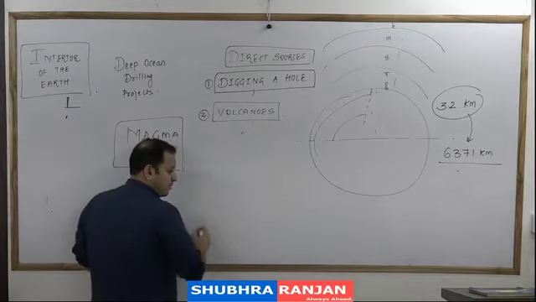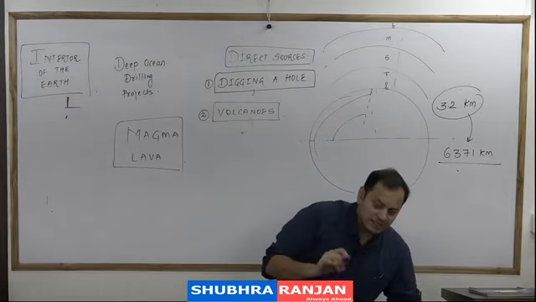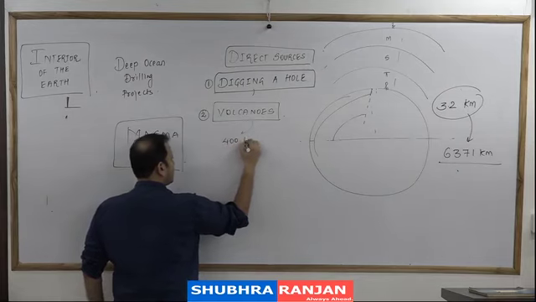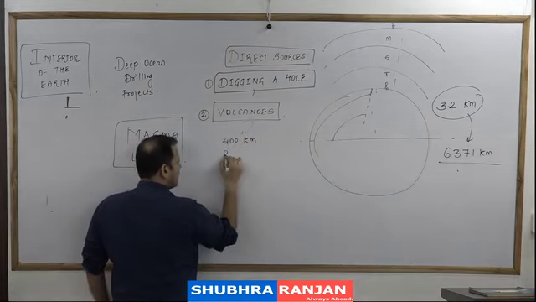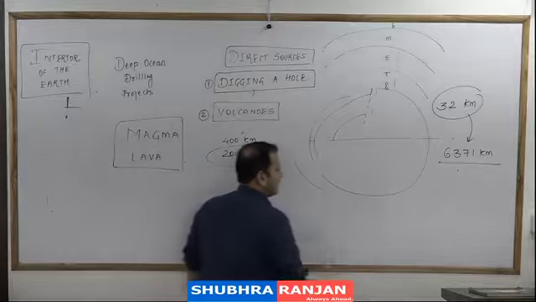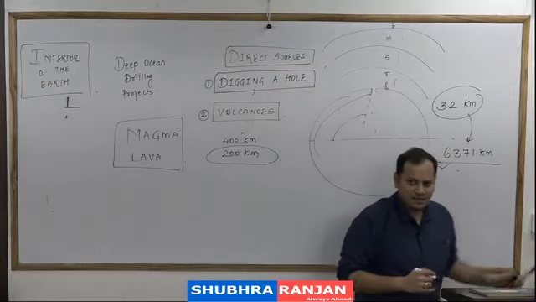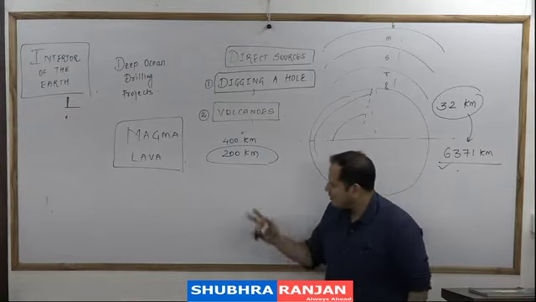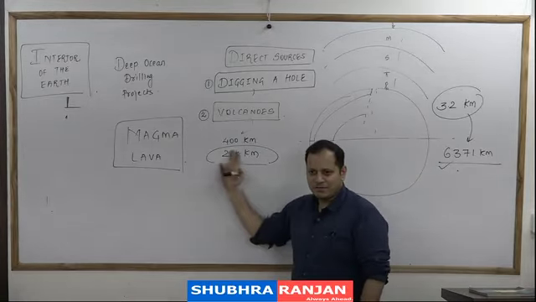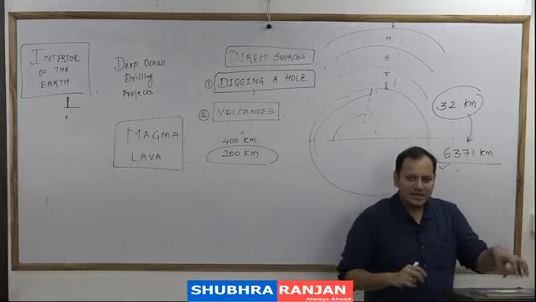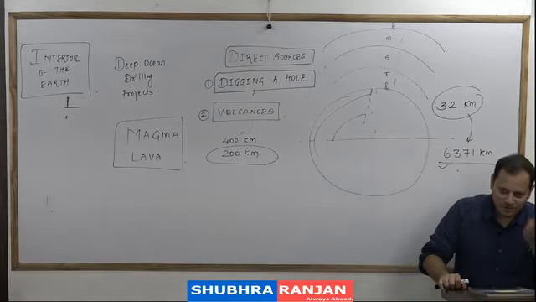The maximum depth जहां से volcanic eruptions have been recorded is 400 kilometers, while the average depth is 200 kilometers. And what is the radius of the earth? 6371 kilometers. So volcanoes को अगर आपने स्टडी किया तो you will get an idea only up to the depth of 200 or 400 kilometers. और यही लिखना है. So you can take down